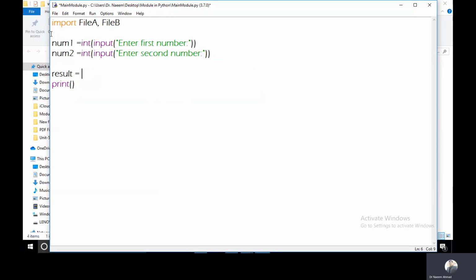Here I will call file A. In file A I am having the addition function add, and in this function I will pass num1 comma num2.